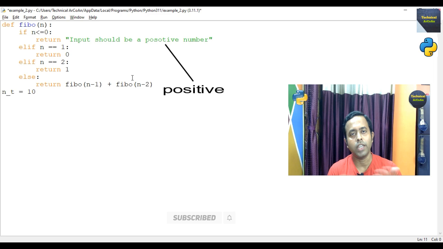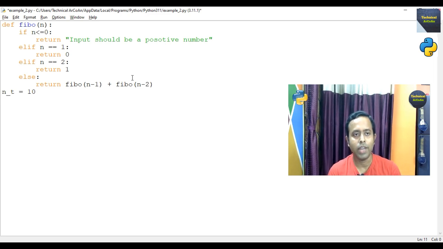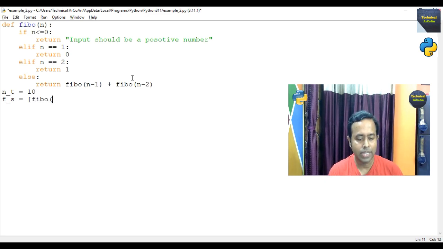We want to find out 10 terms for the Fibonacci series, that's why we take the variable n_t equal 10, and then another variable f_s equal, and we take a list here and just write Fibo and send as argument here i, and here we are using list comprehension,